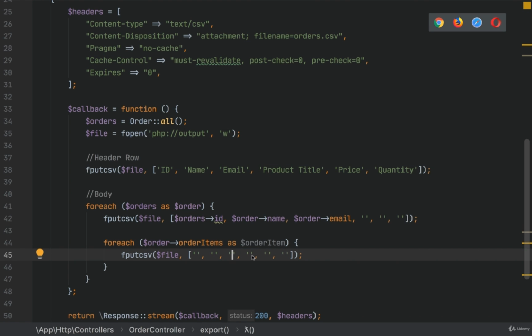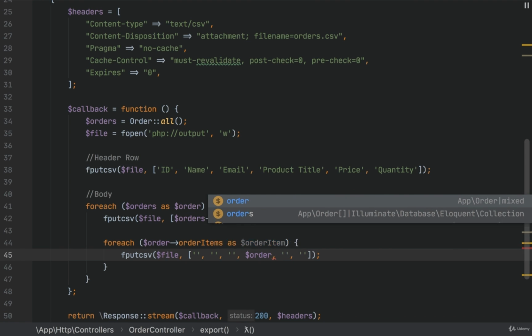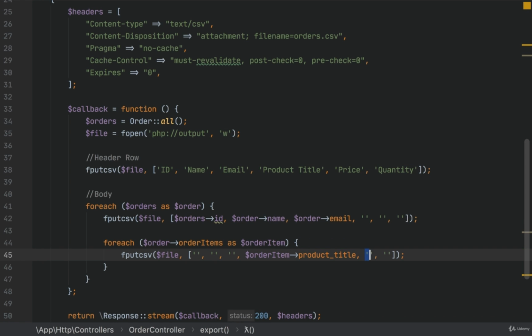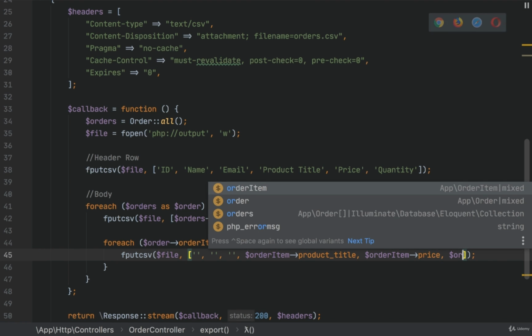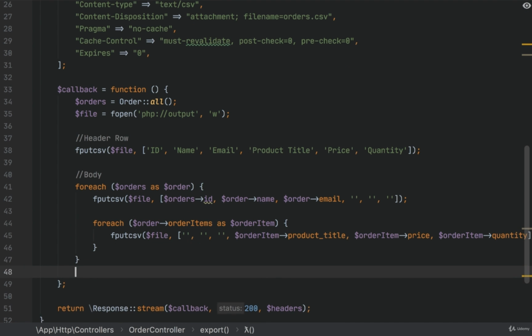For the order items, this is order item, product title, order item price, and order item quantity. In the end, we need to